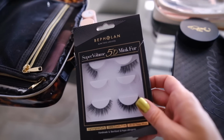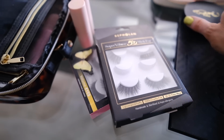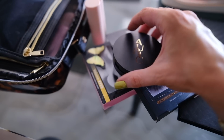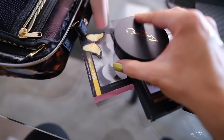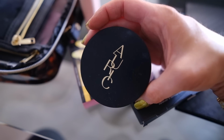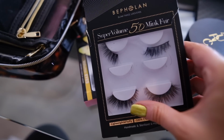So they do make lash holders. I forgot to order one. Maybe I'll see if I can one day ship it. But I've been keeping them in this Auric thing, which just has lashes that I chop up and keep in here. And I like that this is small and it is light, and I like how it's gold, so I might just keep that and put some of these lashes in there